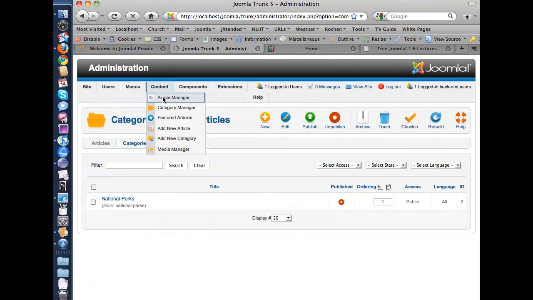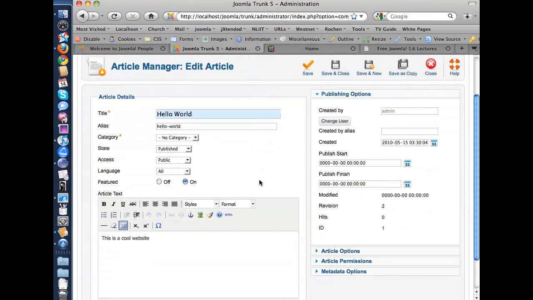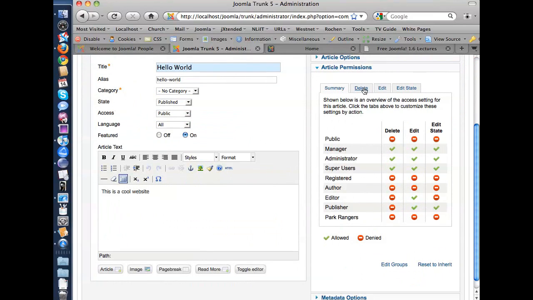So if we go to the article level, in article permissions, we have exactly the same widget, except we've dropped out the create permission, because you can't actually tell an article that it's allowed to create itself, so we don't have a create. But you might want to lock down the delete or the edit state, or the change the publishing state details. So at this level,